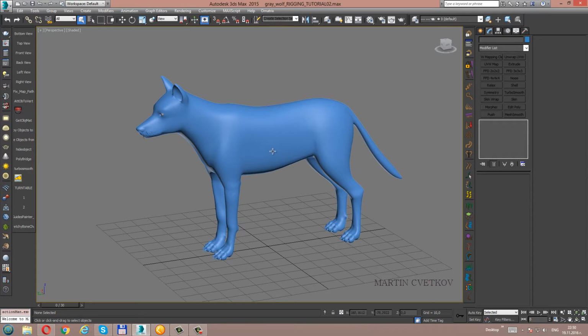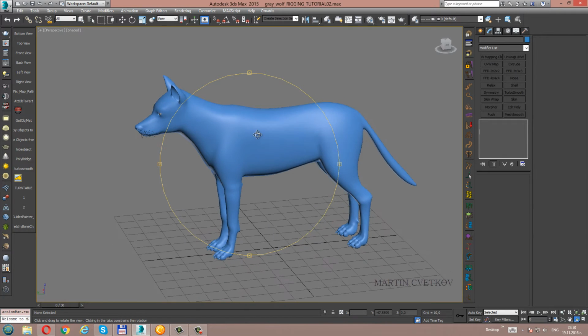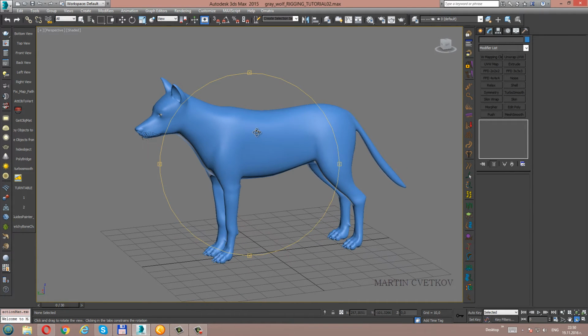A good reference is a guarantee that you make the right skeleton, the right bone rig,